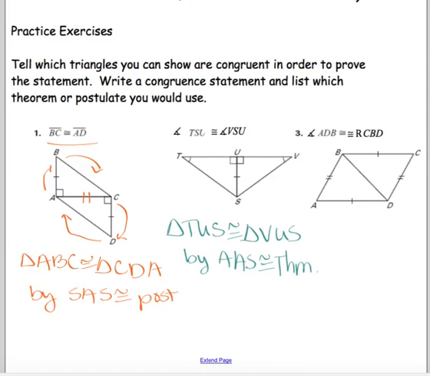The third one here, they share a side. I'm going to mark that. All the sides are marked in both sets, on both triangles, both sets of sides marked, so I'm going to name them. I'm going to call this one ABD,